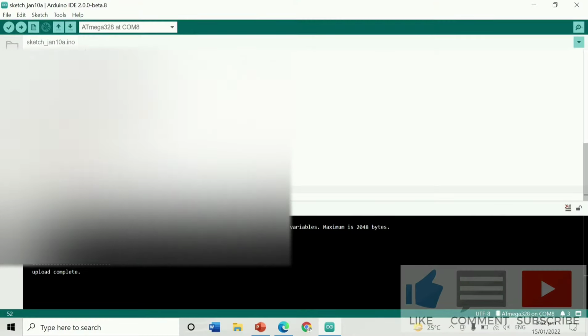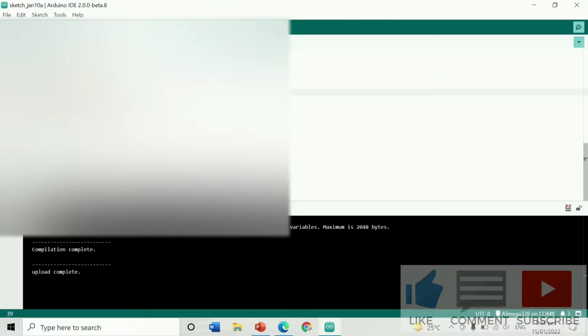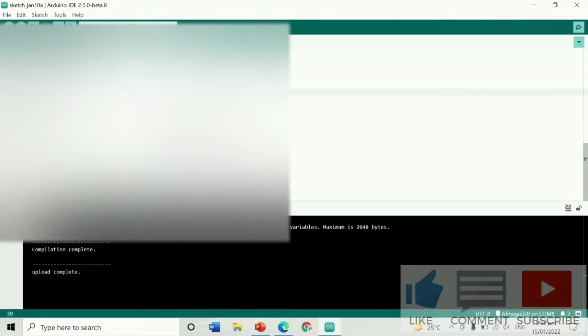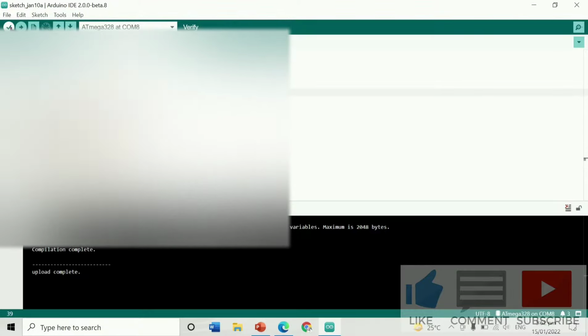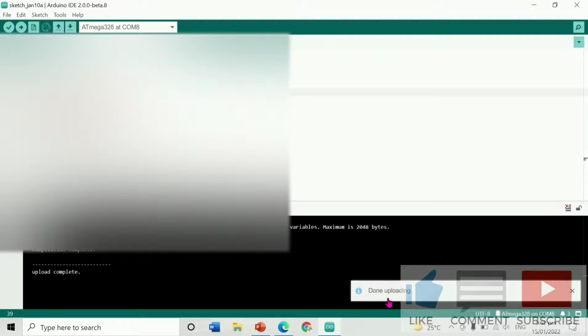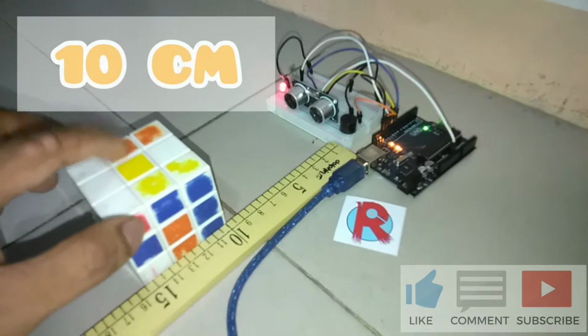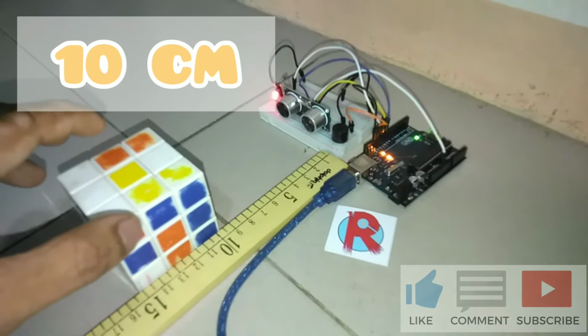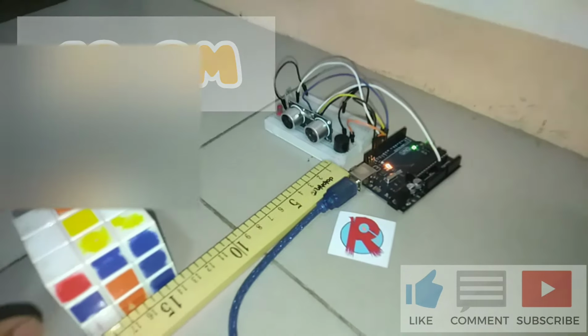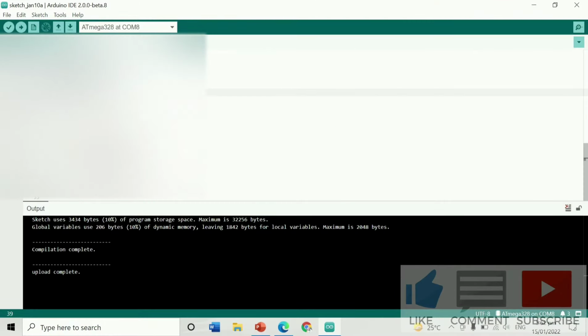Now, let's change the distance. Let's change it to 10 centimeters. Then verify. Now, upload it. After it uploads, test it again. Then, that's it. Then, change it again to